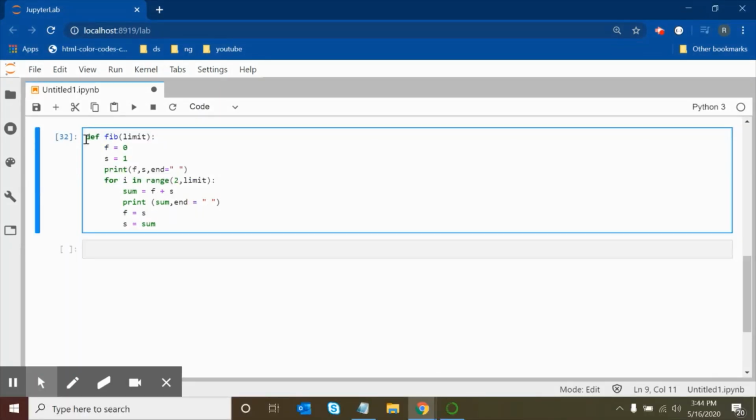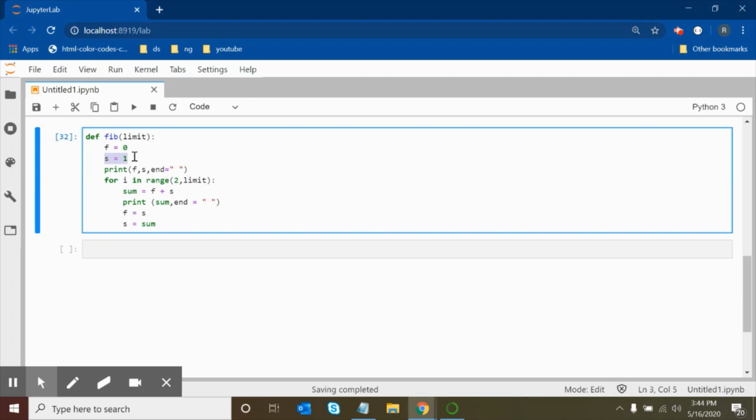So in the last video, we have seen this program. This program will not print the Fibonacci number of 0 and 1. Suppose if I pass the limit as 0 or 1, it will not print the Fibonacci number of 0 or the Fibonacci number of 1, because we always print the first two first, but we know that the Fibonacci number of 0 is always 0 and the Fibonacci number of 1 is 1. So if I pass the limit as 0, it should print 0. If I pass the limit as 1, it should print 1.